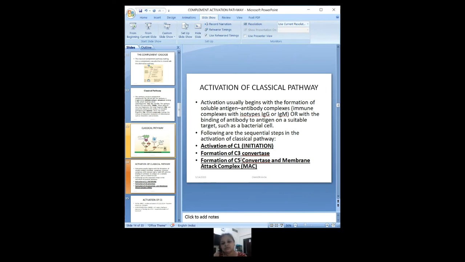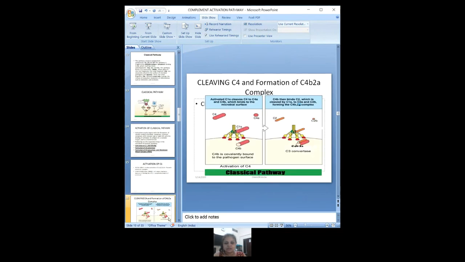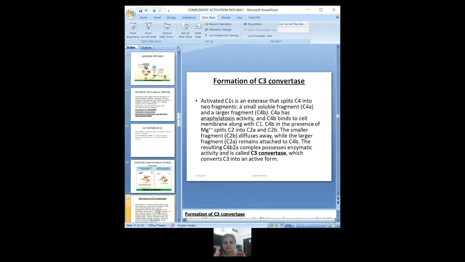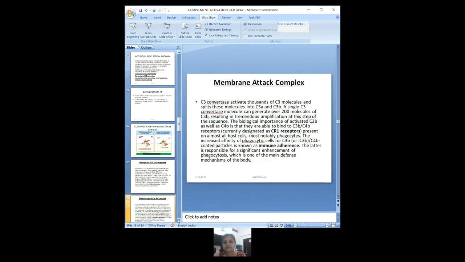Why is it called C5 convertase? Because it again cleaves the C5 component. The C5 convertase cleaves the C5 component into C5a and C5b. The C5b component with C6, C7, C8 and C9 join together to form a membrane attack complex. All these things have been described here. Through this picture also you can see. So ultimately a membrane attack complex is formed,